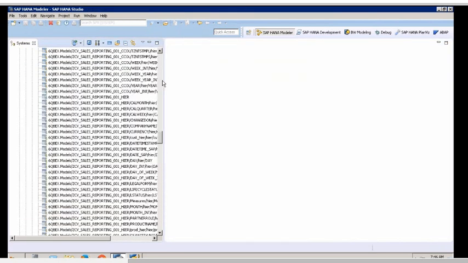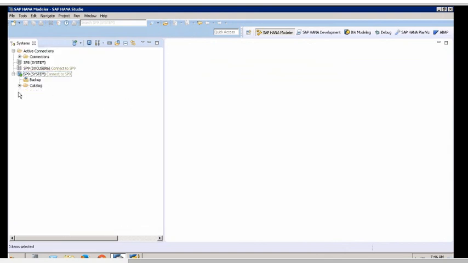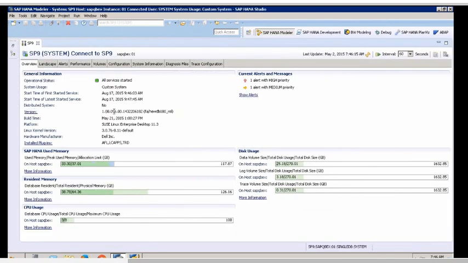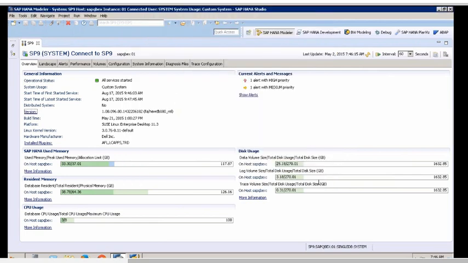Let me show you. Now, if I go to this Administration, you can see all this. You can see what version of HANA you are working on. It's not a distributed system, because mine is a single node system. And if you look at the version, 96 is my revision, SP9. We always have to refer to the revision. 96 is the revision I'm using.